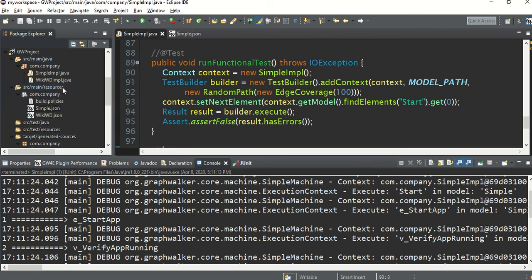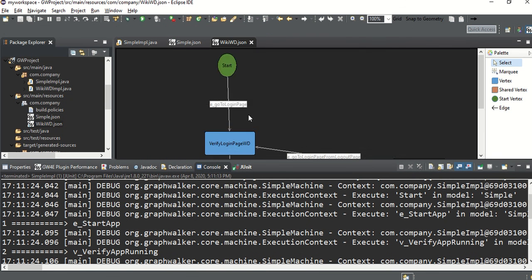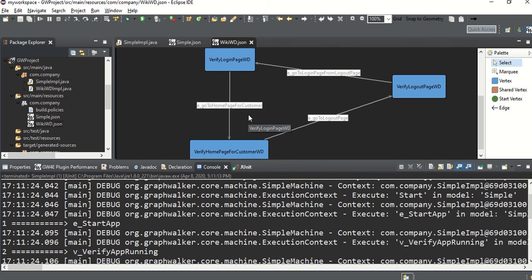And for the actual demo purpose, I have automated Wikipedia for you. So I will go to the login page. I will go to the home. I will do login and go to the home page and I will log out. Then I will again go to the home